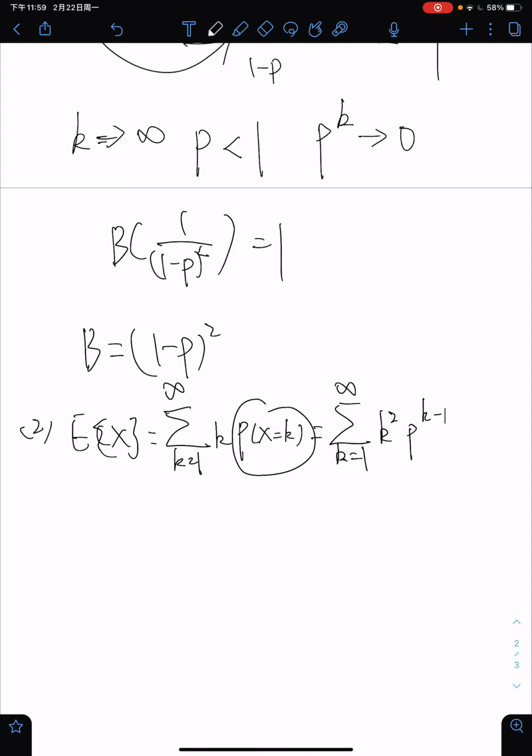But it's very hard to calculate, so we want to get rid of k. We can use the derivative. Okay,